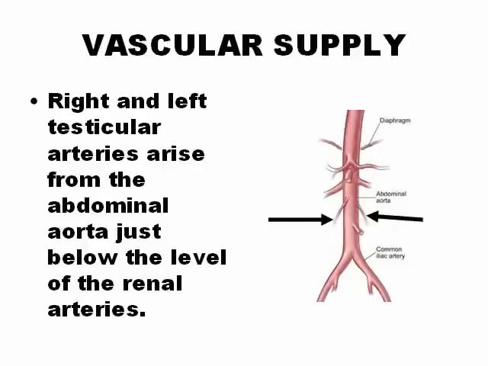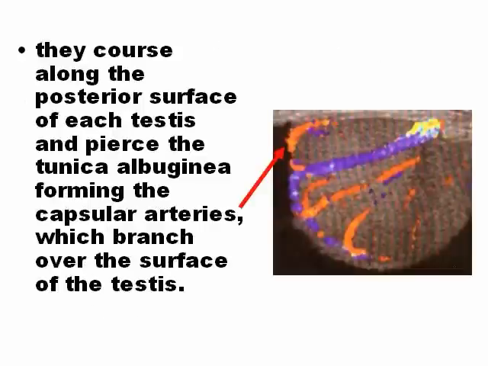Vascular supply of the scrotum and testis. Right and left testicular arteries arise from the abdominal aorta. You cannot see them with ultrasound, but they begin just below the renal arteries. They course along